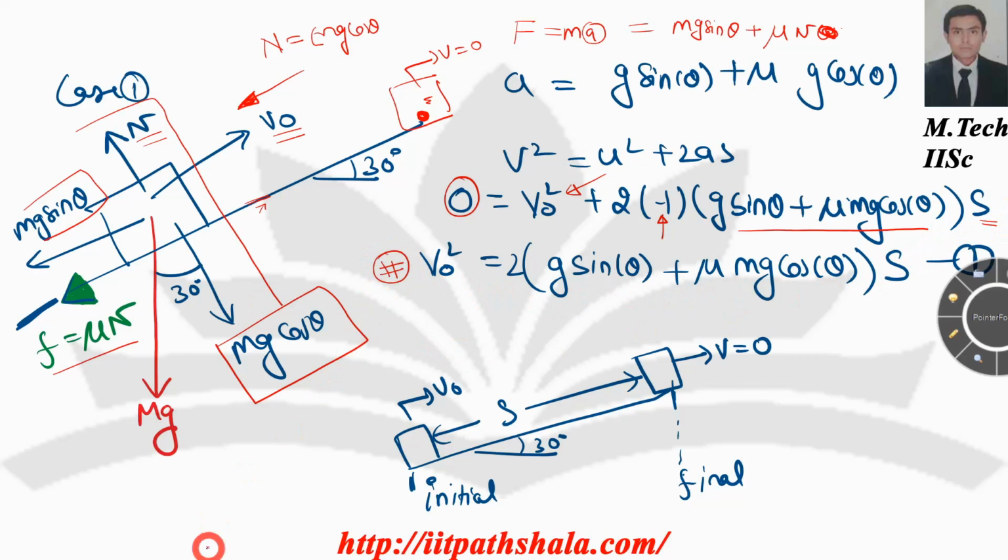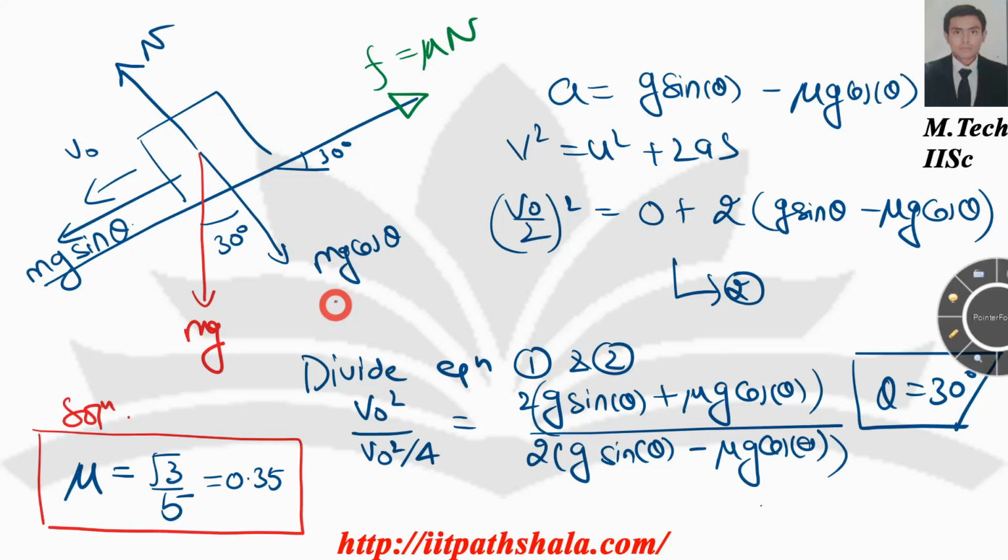Now, the second case, in which you are traveling down and you have a final velocity equal to v naught by 2. At somewhere in the middle you'll have the following free body diagram. Now you have to account for the acceleration in a similar manner to the previous slide. a is coming out to be g sin theta minus mu g cos theta, because now friction is acting in the upward direction, as follows. It is retarding your downward motion.